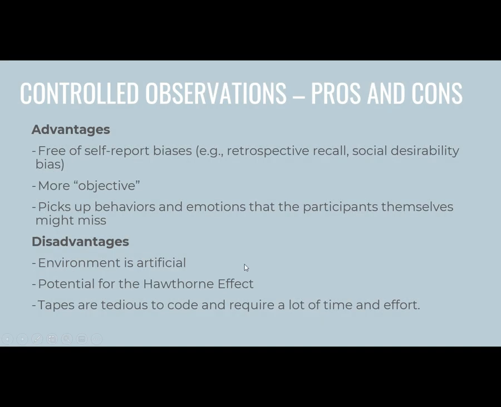And here we are. Observational studies get rid of many of the biases inherent in questionnaire research. It gets rid of self-report biases because they are not actually answering questions. It is more objective since you are getting rid of those biases, and many scientists trust what they can see or observe, which is perfect in an observation.